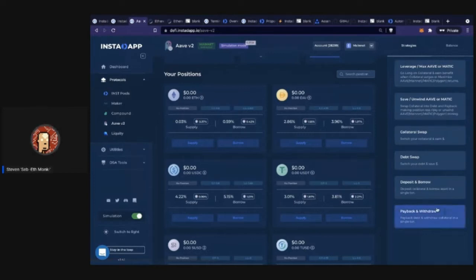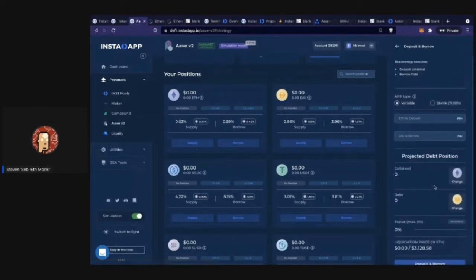These are what I like to call the compound transactions. So you have deposit and borrow, and then you also have payback and withdraw. So let's start a position with deposit and borrow. And we're going to deposit ETH. Let's just go with 20. And if we wanted to borrow something that wasn't DAI, you would just click here and choose which asset you'd like to borrow. But I'm going to start with DAI. And then also you could choose the different APR types. This is for Aave v2, which has a stable and a variable. We're going to stick with variable here. So let's say we borrow, we'll start with 25,000. And we'll actually put a little bit more ETH.